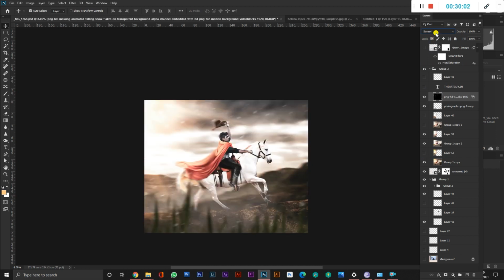And then I put the screen, then I took it to overlay and color dodge, and I used a mask to erase some of the things that are going on in the face.